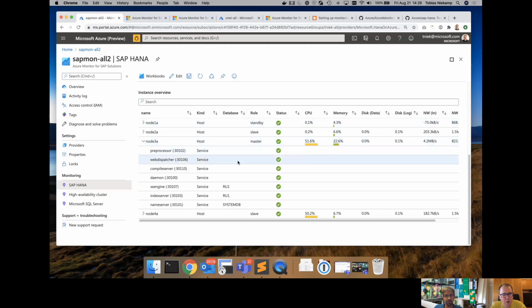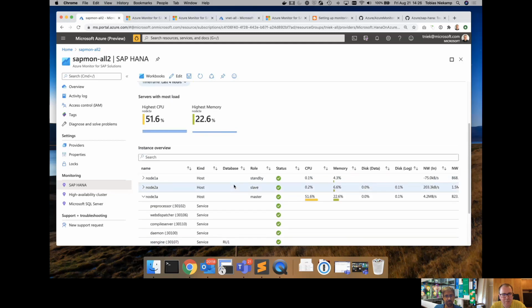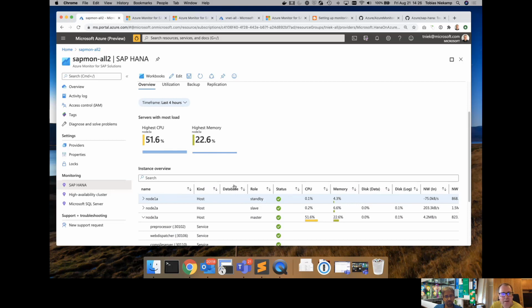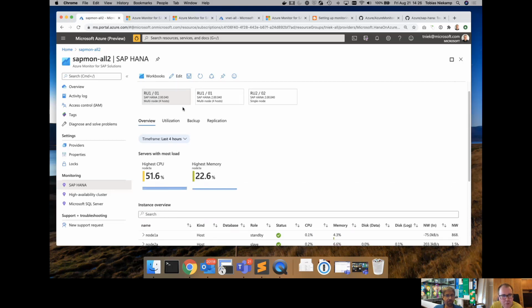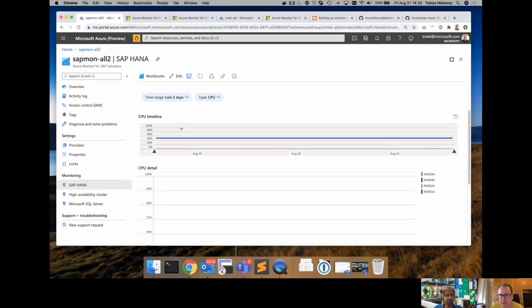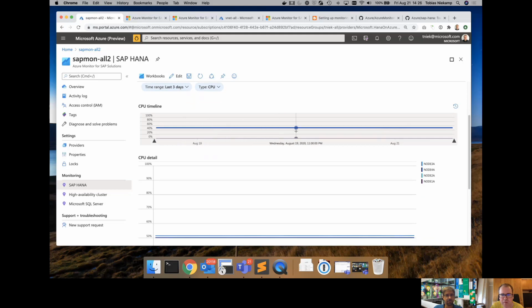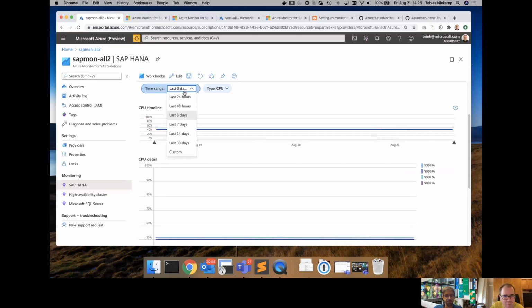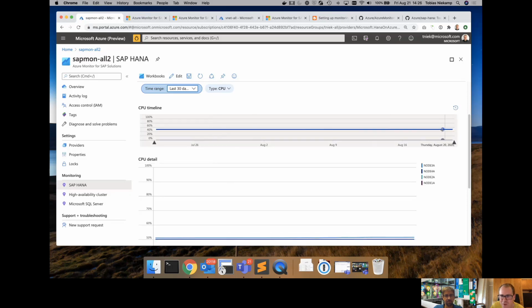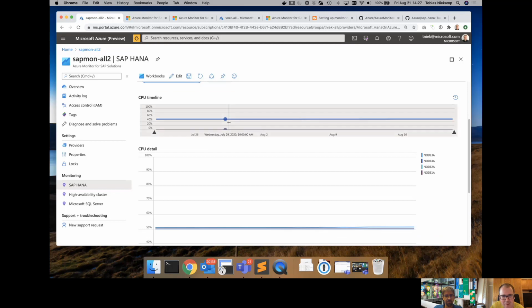As you see, there's not too much going on because it's just an empty landscape. But this sure looks different on our customers' installations, where they run larger scale-out systems. We can actually get into more detail for utilization. So if I find a spike here, for example, I don't know if you see one here. We can go back 30 days. I'm sure if we find something, yeah, you see it's been fairly quiet here.